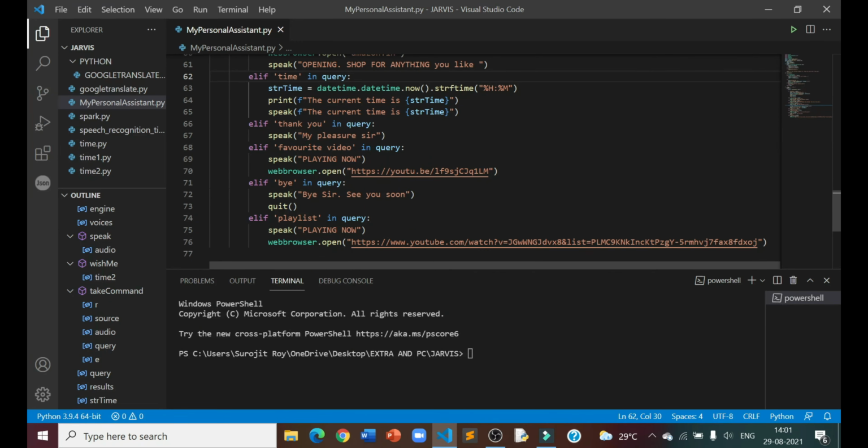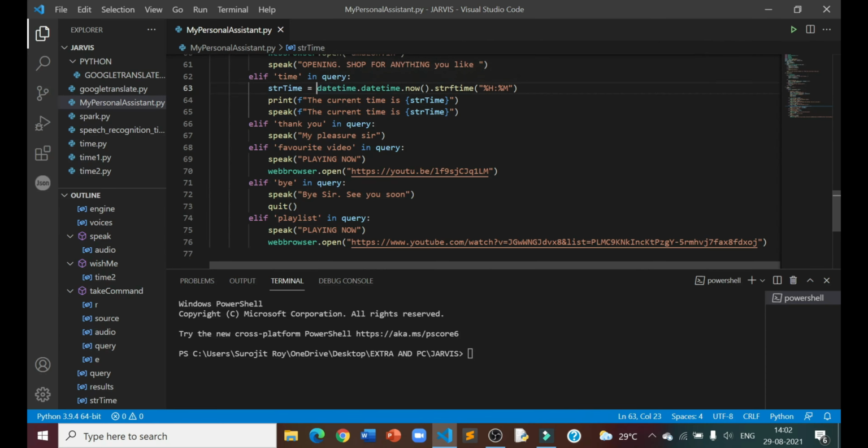This is the time function of my project. So if time is in the voice assistant command, it will tell the time. The current time is str time, since the variable is str time here, and it will also speak that the current time is str time. So I have named the variable str time since the string over here is time.